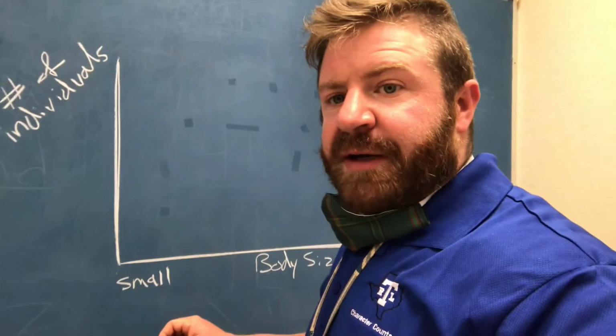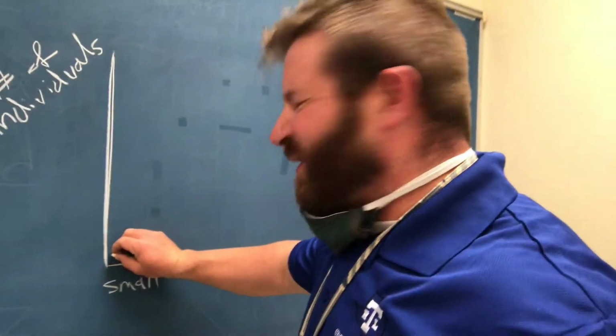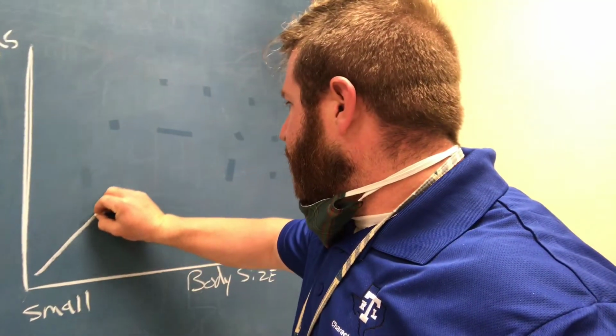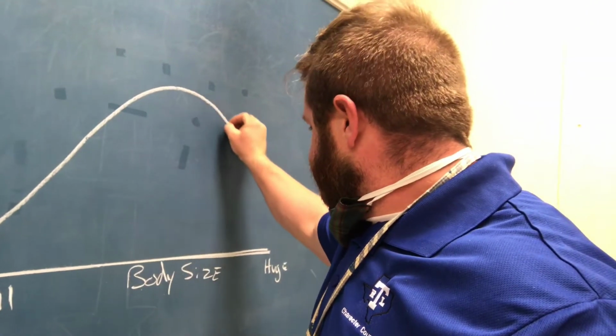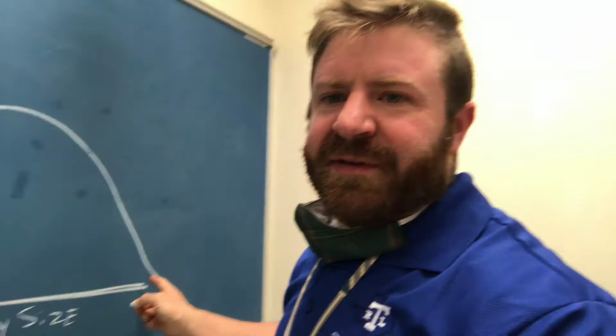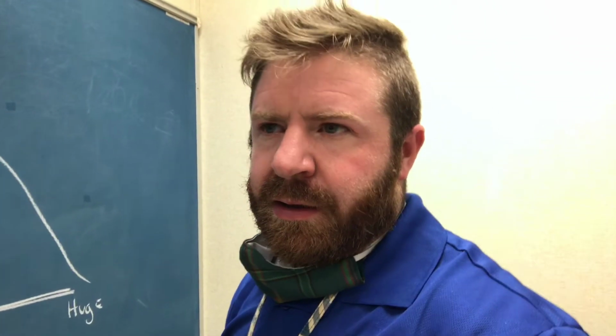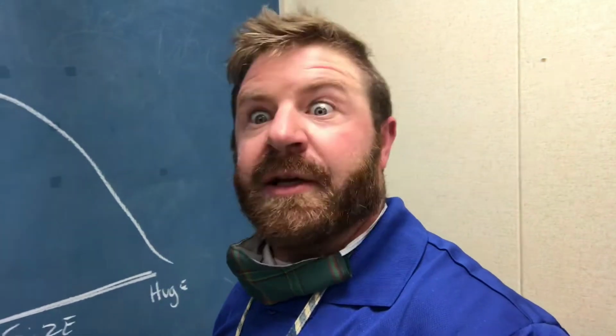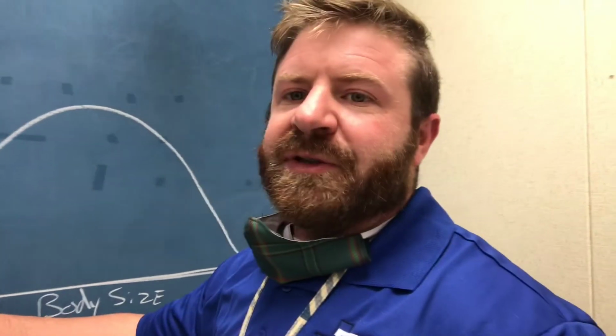So let's say we have just an average sort of population. Some of them are small. The vast majority of them are about the same size. There's some big ones. There's some little ones. If you ever saw that movie, The Grey, with Liam Neeson, right? I guess there may be some big ones out there. There's probably some little ones, but most of them are about the same size, right? Now,